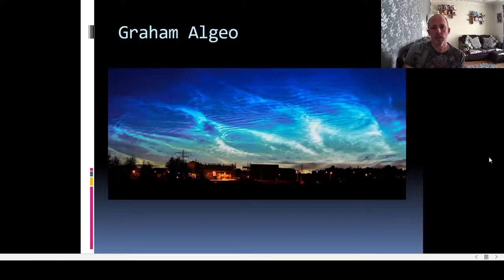So move on now to a couple of interesting ones from Graham Algeo. He got some really good detailed images of the Noctilucent clouds. You can see the ripples forming, and if you watch this, with the naked eye, you can see it moving over a course of half an hour, 20 minutes,